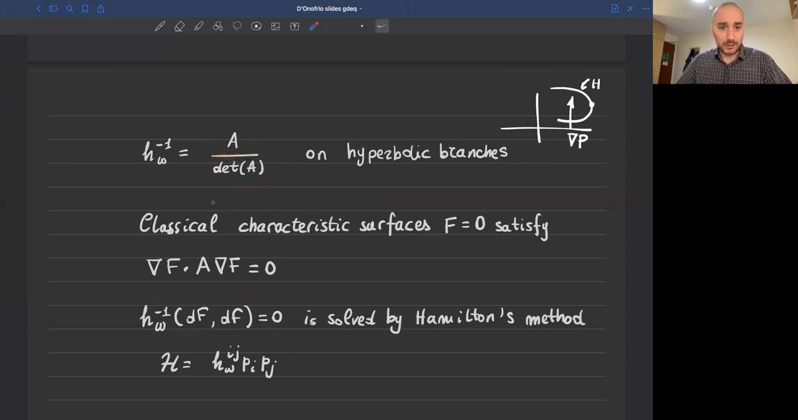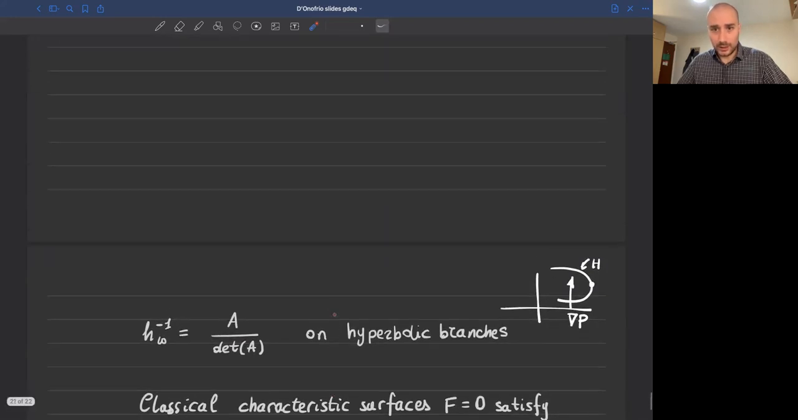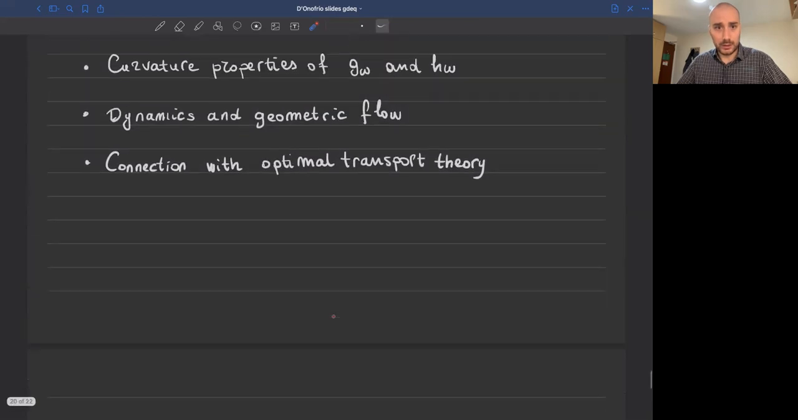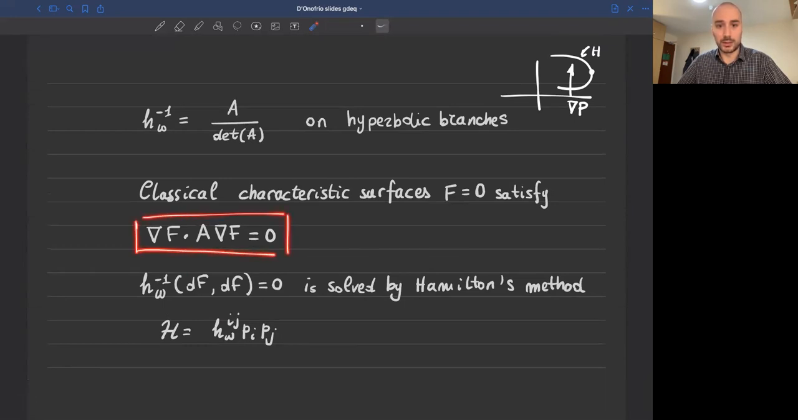And this equation can be solved by classical methods of geometrical optics, which, if you want, I can show you this computation, but they are very classical ones. So in order to solve this equation, one introduces a Hamiltonian function, finds bicharacteristics, and projects the bicharacteristics to the base